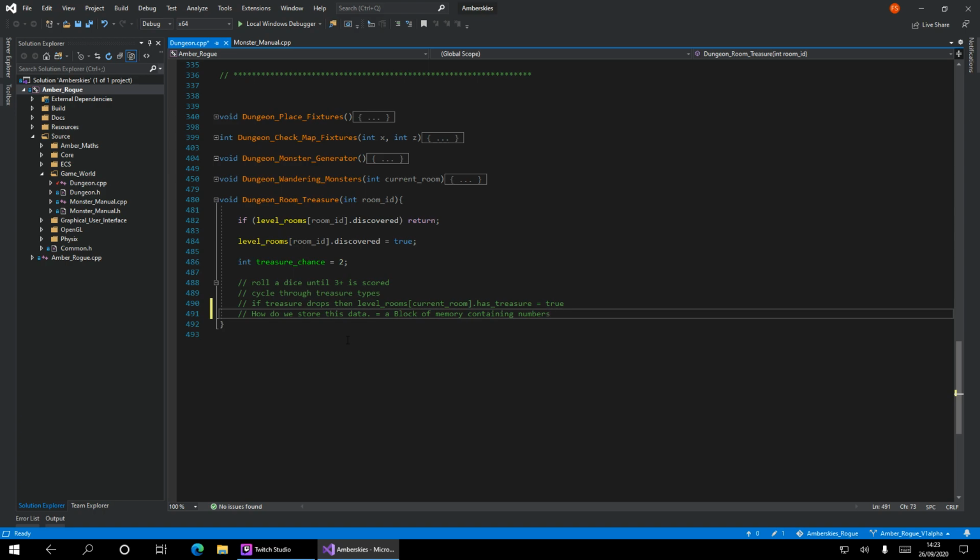I've jumped a massive step there, sorry. So we're on a block of memory, aren't we? Let's retreat back to this block of memory. Now, that makes it very easy for me to answer this: cycle through treasure types. Roll the dice, cycle through treasure types, look it up in a block of memory, and there's your data.